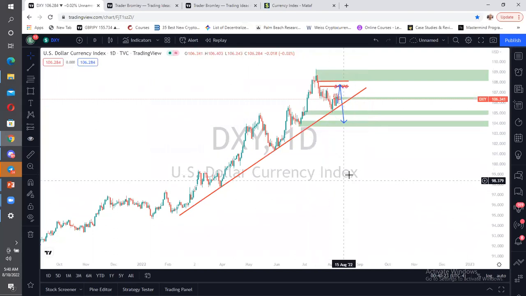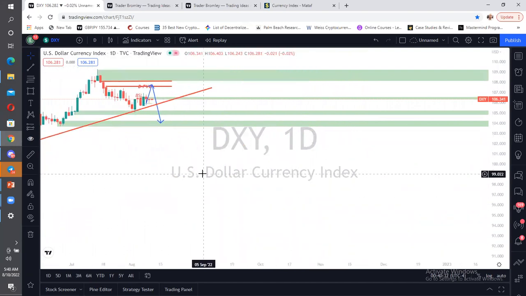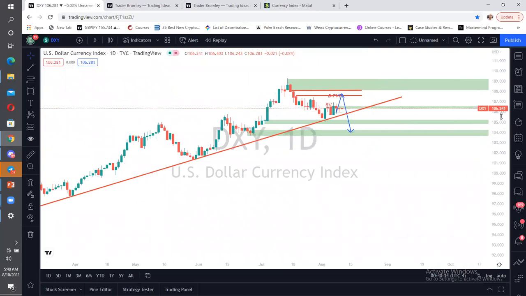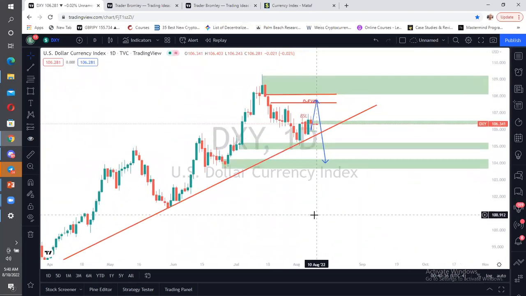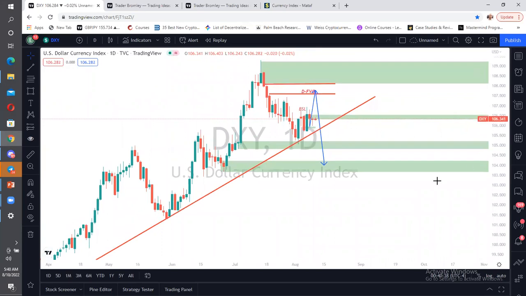Now, as we can see, the dollar index broke a structure. Let me zoom in. That's broken short to the downside, and here we'll have a fair value gap. All right, and we have been expecting it to come back to this fair value gap before we find our way to the downside. But as you can see, this price has been trapped here for some time now.